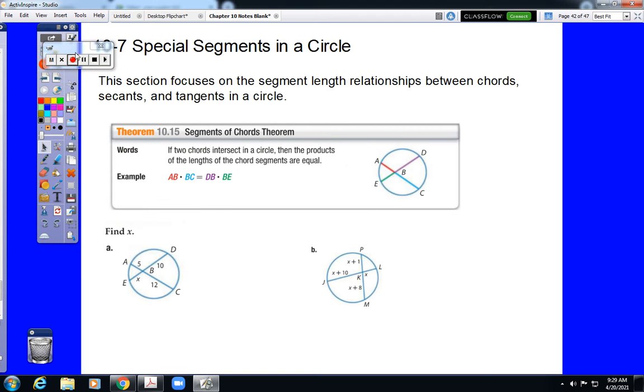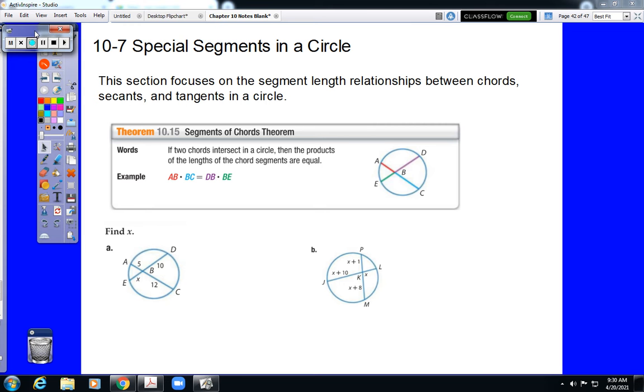Okay, welcome to the video lessons for Chapter 10, Section 7, entitled Special Segments in a Circle. Now in 10.6 we discussed secant and tangent segments in circles and their relationship to arc measure. In other words, the relationship between the angles and their intercepted arcs. In this section, we're going to be discussing tangents and secants again, but in an entirely different way. We'll be talking instead about the lengths of the pieces of those secants and tangents when they intersect in a